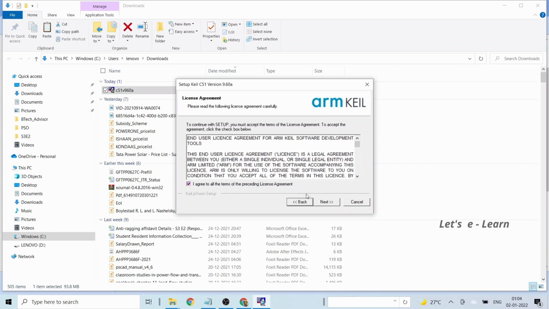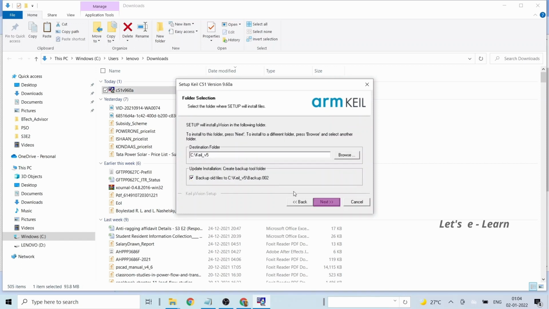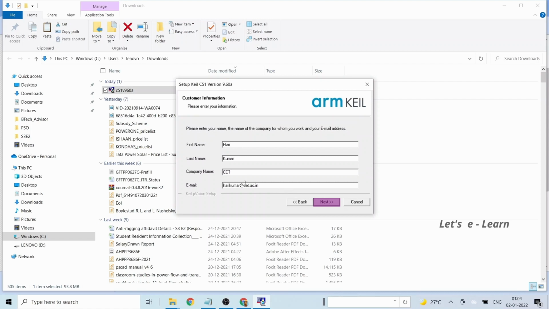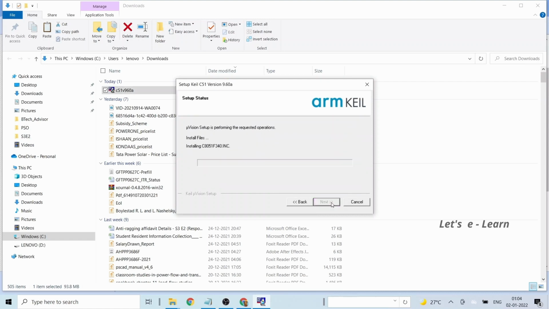Check the license agreement. Click on next. Next. Enter your details. Click on next. Based on the speed of your computer and RAM, it may take few minutes to get the software installed.